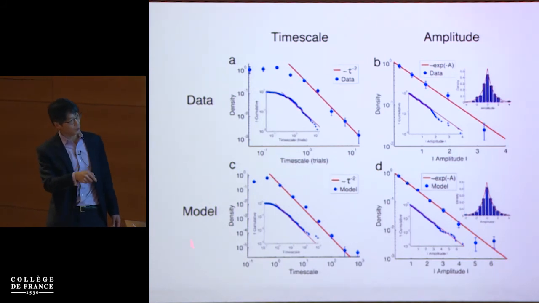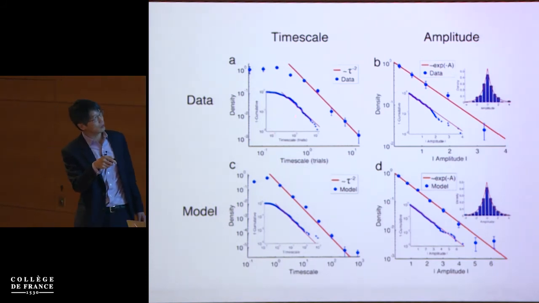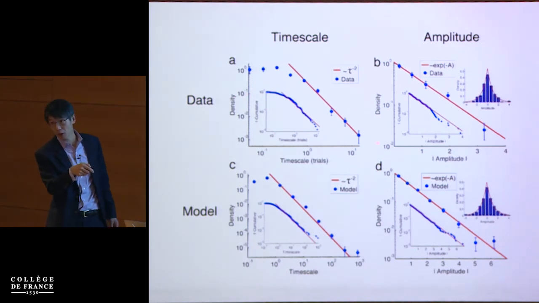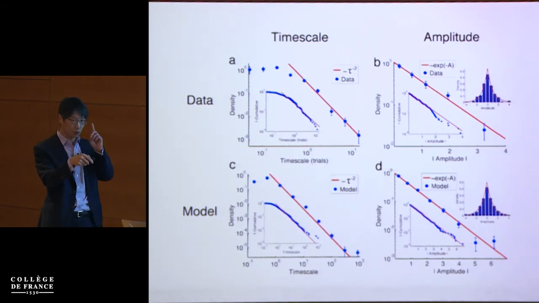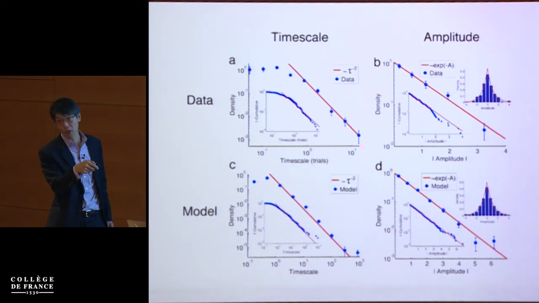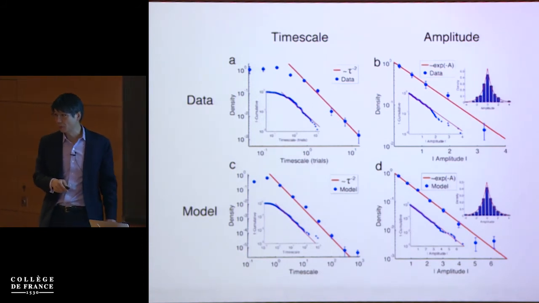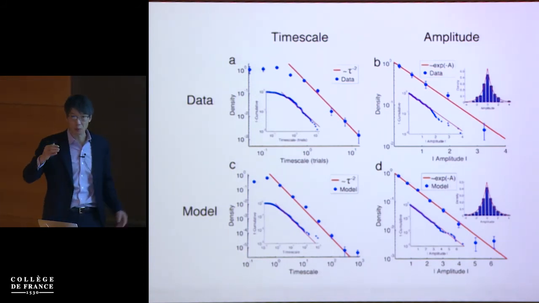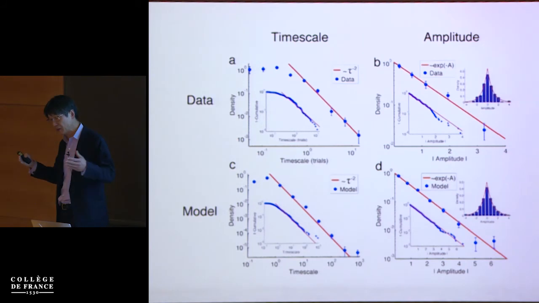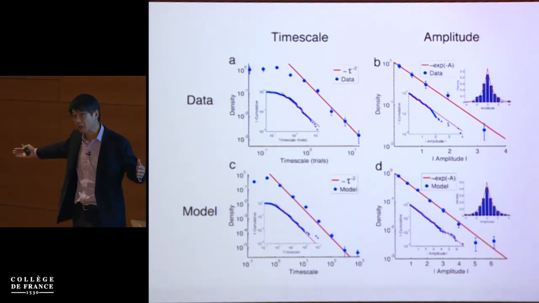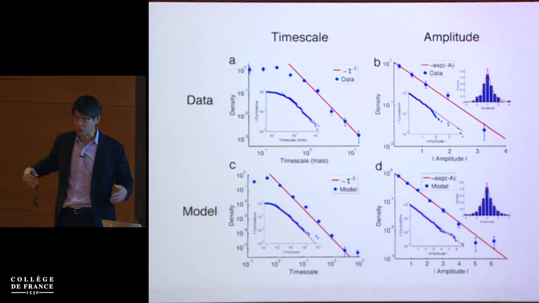I'm not going to have time to explain this, but you see that this actually is a log-log plot, that the histogram, the distribution of the time constants for reinforcement, right, span several orders of magnitude. Actually, the decay of this distribution is a power law, with a power 2. Right? As some of you know, power law is really interesting. That means that you have a lot of long time constants that you would not expect with a Gaussian distribution